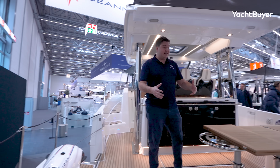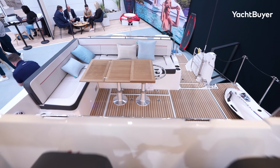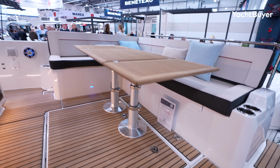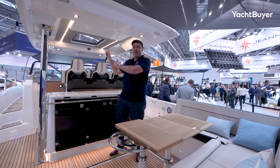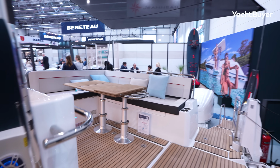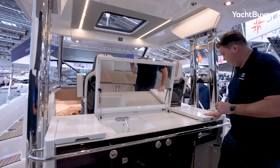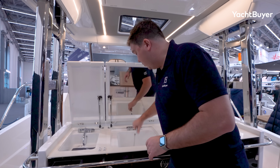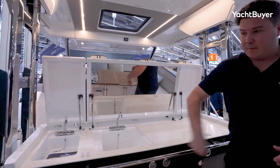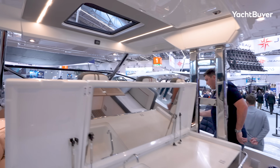Once you're inside the cockpit, it's actually a really well designed space. They've only got a balcony on one side, which means they can push the seating over here into this nice L shape, big table as well, and you've got coverage from this T-top, which is standard, and then the extended canopy as well. And this is your big servery. This is where you're going to entertain your guests, so you can pop this up, or you can option a grill if you want. This one's obviously got the sink. This one's got two sinks, how about that? Cooling space underneath, and then it's a nice walk around deck space, so it's very easy to get up into